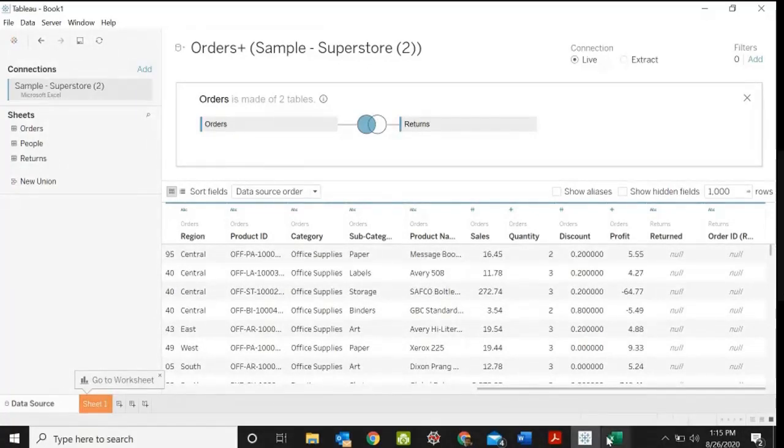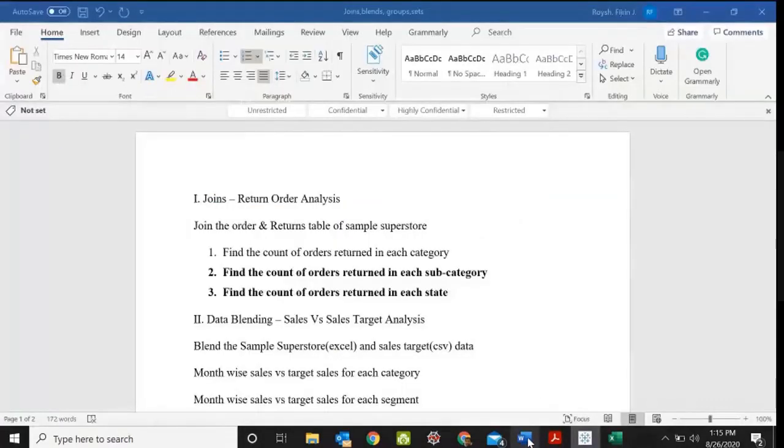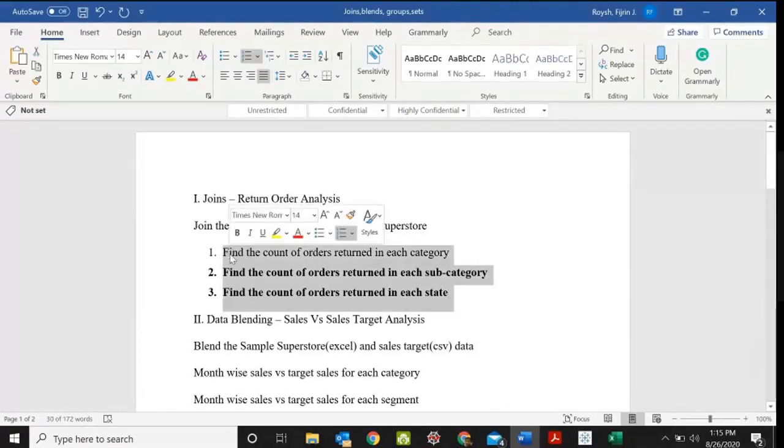You can use this left join in some cases. In some cases, you may be asked to find the count of orders returned in each category. You have to find how many orders are returned in each category and the number of orders not returned in each category. If you are given such a scenario, you have to go for this left join.